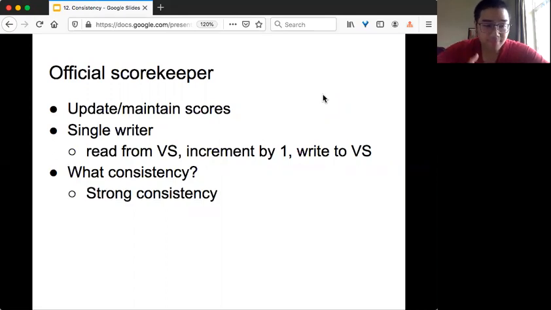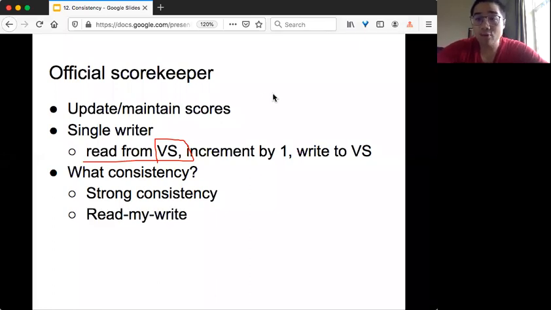And then you may say, okay, we need strong consistency, and that's correct, because when we do the read, we always want to have the most recent data, that is the previous write, right? Because if this is not the most recent version, then you increment by 1 and write back, you may overwrite some of the scores, which is not correct in our semantics, okay? Then the next one is to think about whether this is the weakest consistency model that we could use. And the answer is no, because